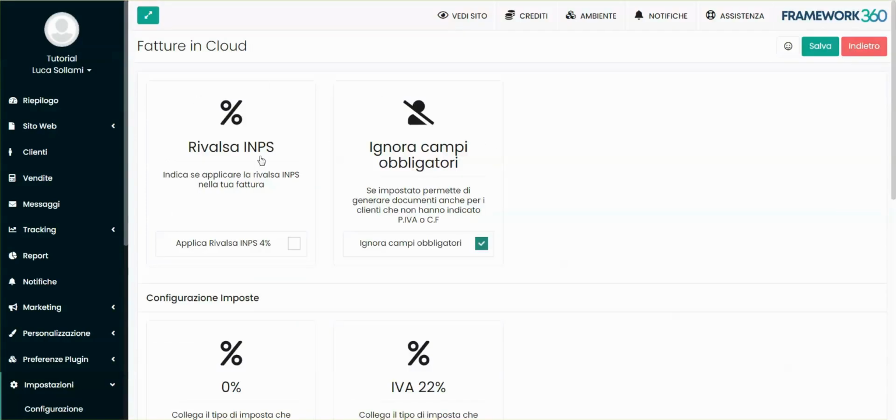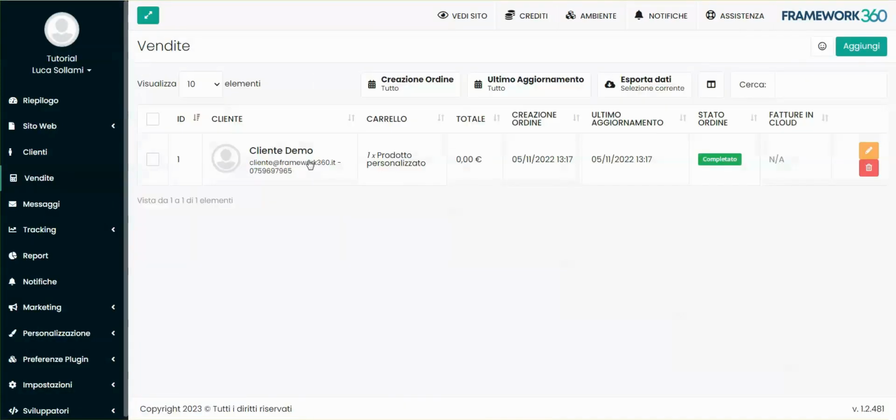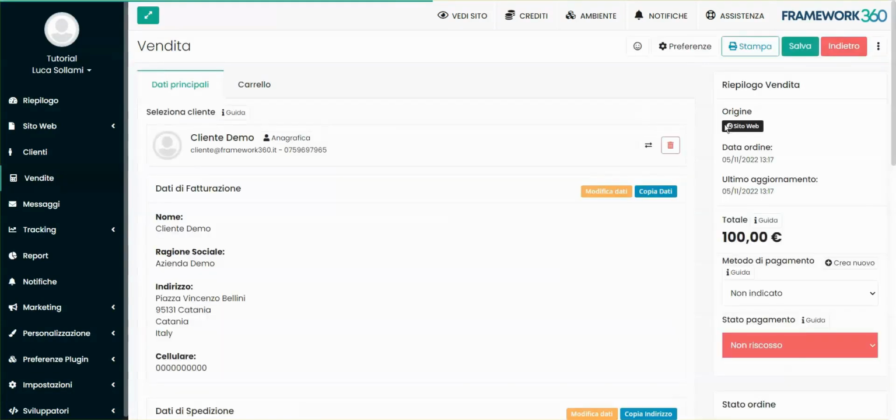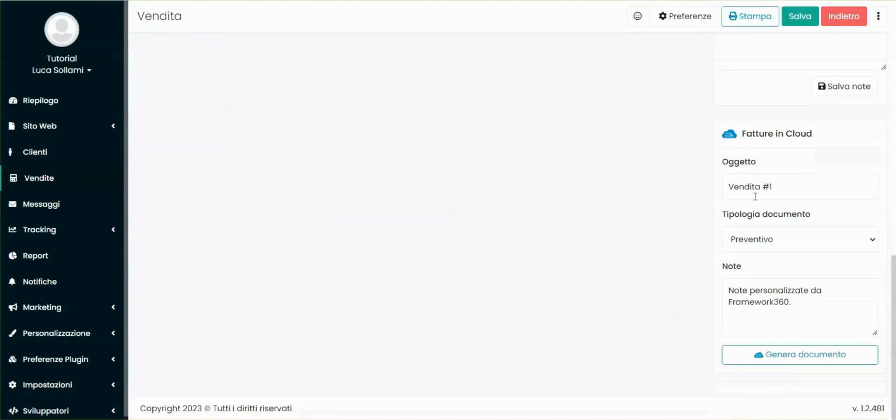Now, if we want to generate a document from a sale that perhaps came through our e-commerce website created on Framework360, we will need to go to Sales, find the sale from which we want to generate the invoice, the quote, or the pro forma, and we will see that on the right, in the bottom bar, the small window Fatture in Cloud will have appeared. As we can see, the subject will take the ID of the sale, but we can always change it,